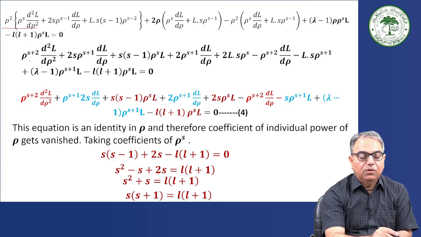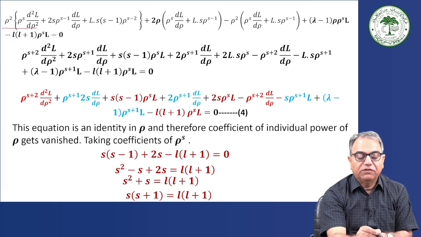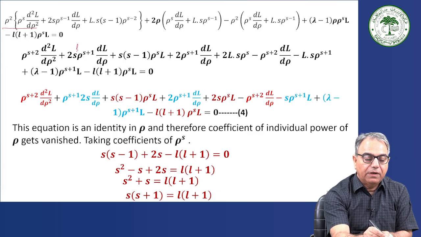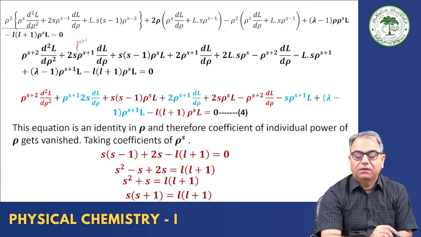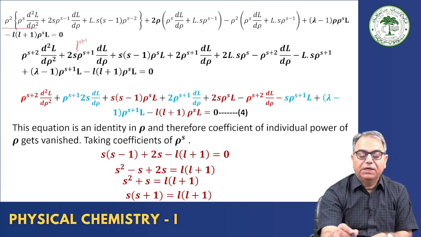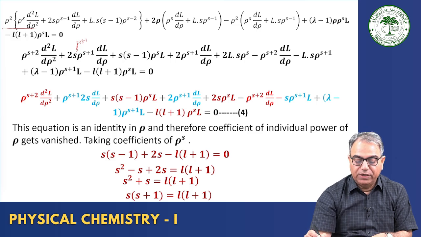So, it is rho^(s+2) d square L by d rho square. Then again 2s rho^(s+1), because you are multiplying with rho square. So, it will be rho raised to the power 2 plus s minus 1, and it will become rho^(s+1). Okay. So, simple multiplication gives you this one,